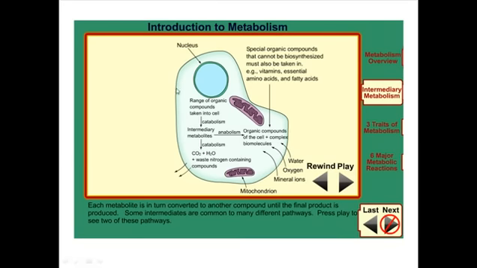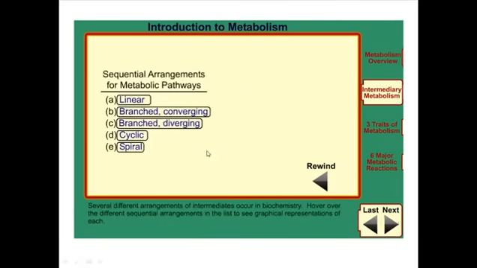We have to eat them, but we can't take them in directly. Our cells are really small to take in all those macromolecules. That's why we have to degrade them via catabolism, and then in an anabolism pathway,